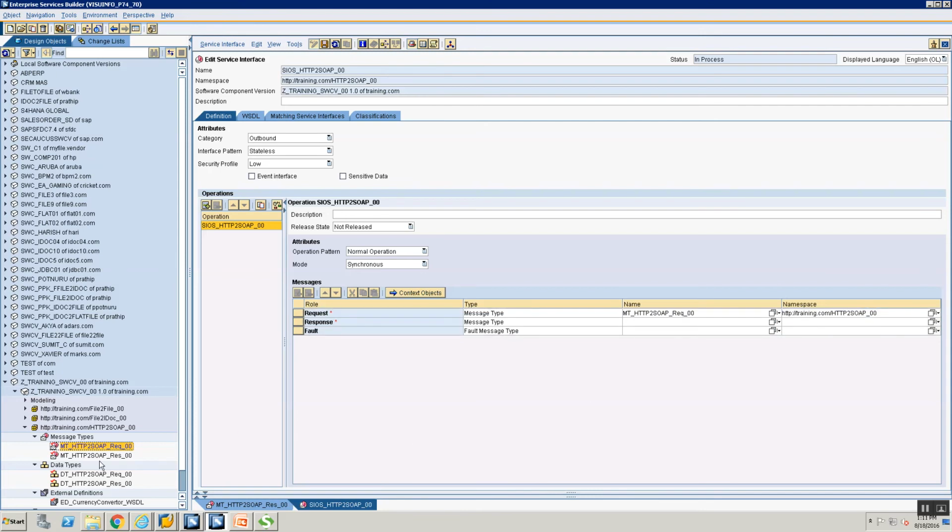Make sure that the black box is out there. Then same way for the response, drag your message type and drop it here. With that my request and the response structure is done.